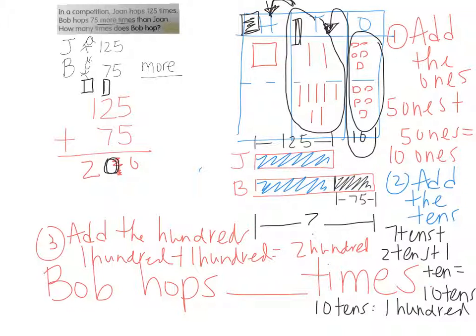Now, everywhere. How many hops did Bob hop? How many times did Bob hop? Now, so Bob hops 200 times. Okay? So we were able to figure out, and we saw how we regrouped in the ones place. We regrouped in the tens place. And